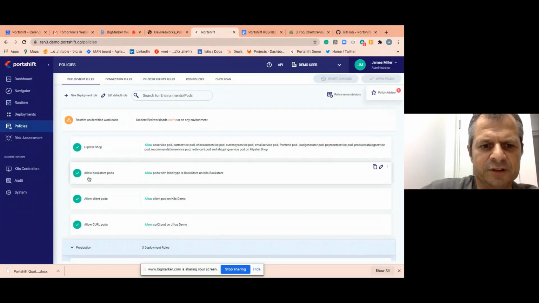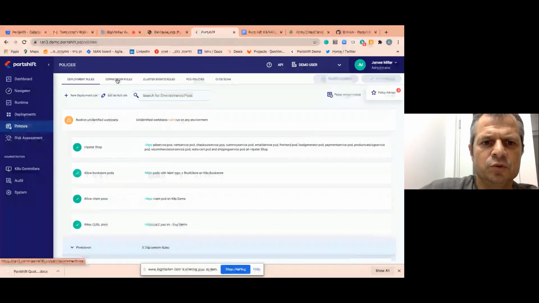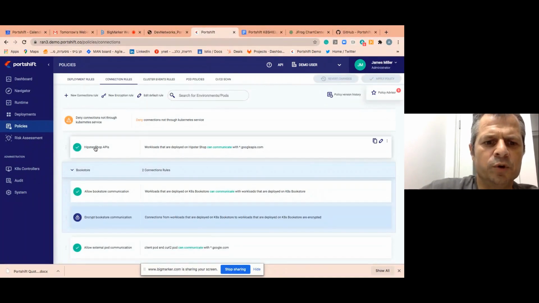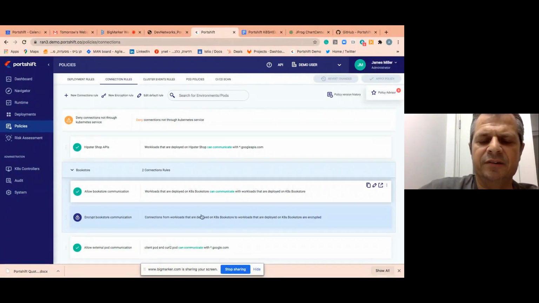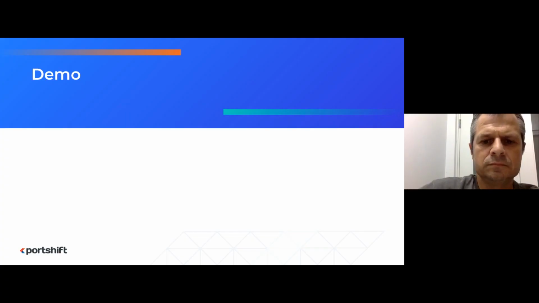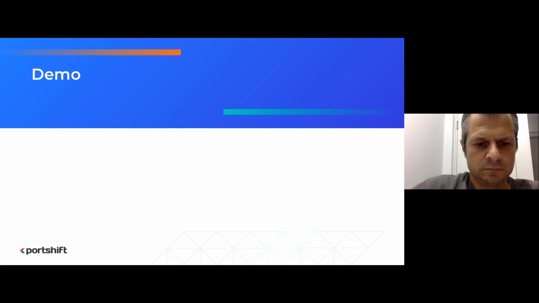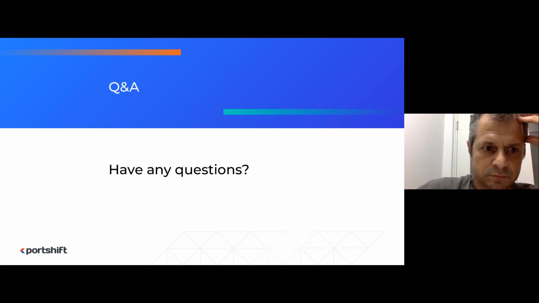We can see over here related to the different applications, to connection rules, which again apply to the same applications, and then everything can be deployed as runtime security. So that's about it.